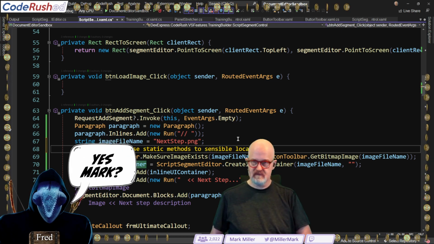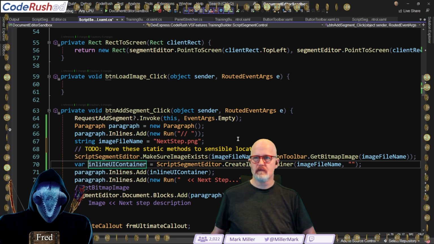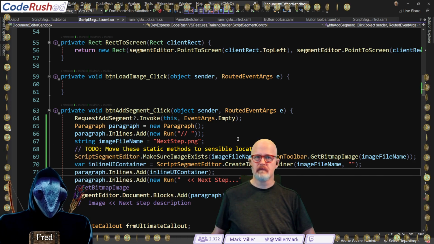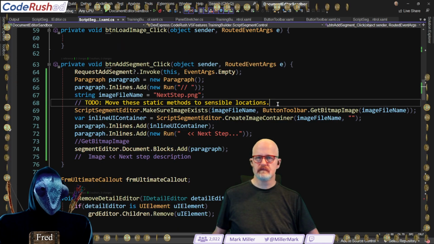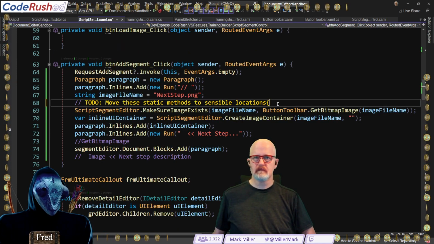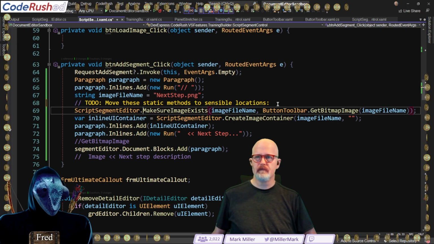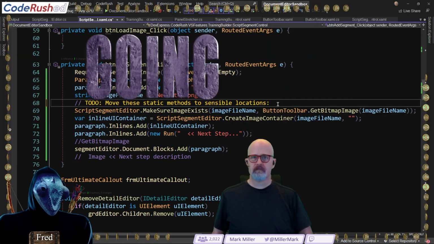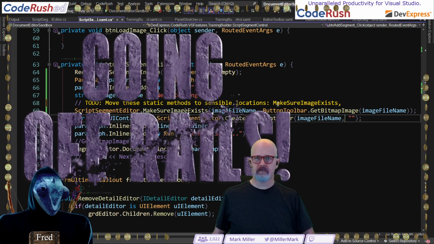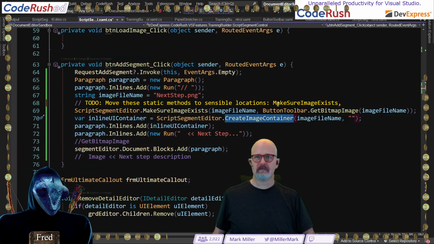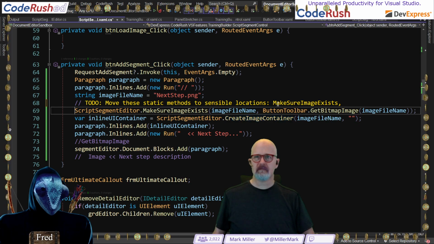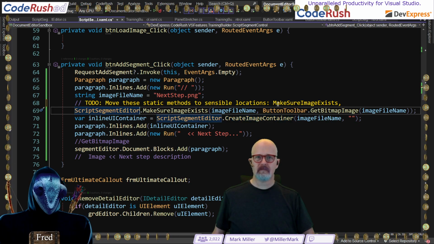We're managing to get our image from the right data based on the right location. That's getting fed into the container. The container is then going to be the thing added in between the two runs. And I think we're missing just a parameter there. I'm imagining that's the data associated. Sort of. But at the same time, these are the pieces we need for this. I think this is going well.